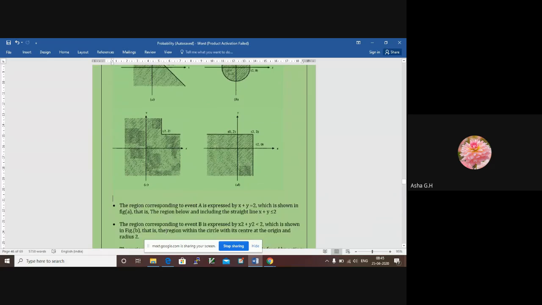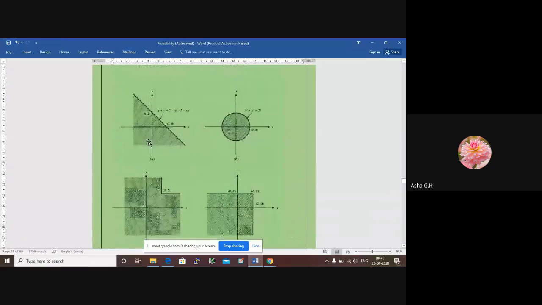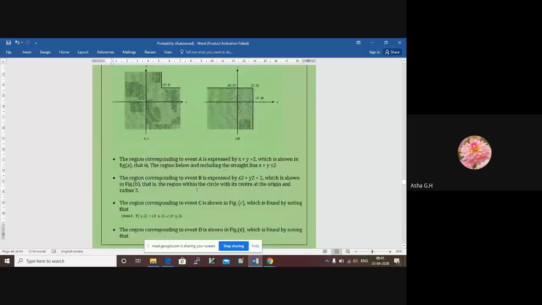So when we look at the maximum of x comma y, maximum is x less than or equal to 2, y less than or equal to 2. This part is an intersection. Maximum is this, and the minimum is something that includes a union, either x or y. Here we have both x and y. So you can just remember this, because this is a standard equation. I have given you the explanation of how we got these two. I think this is clear now.